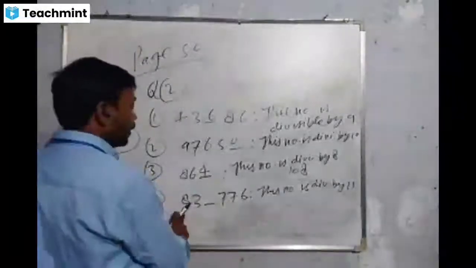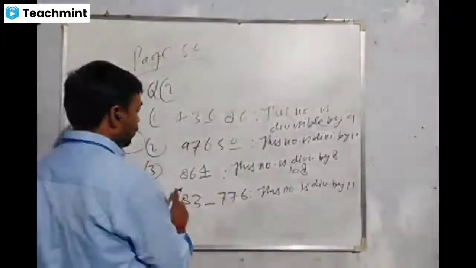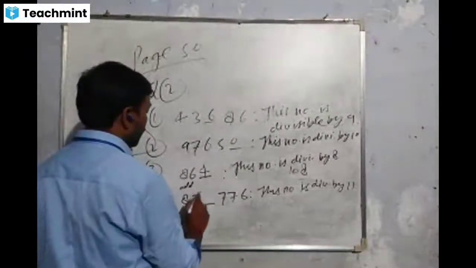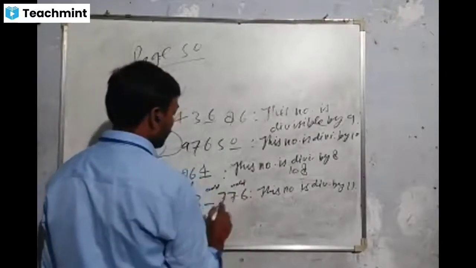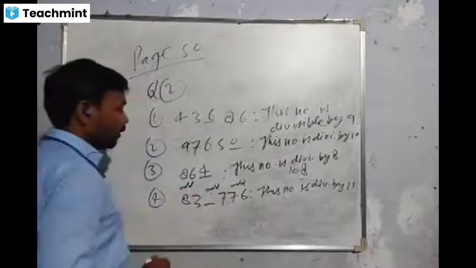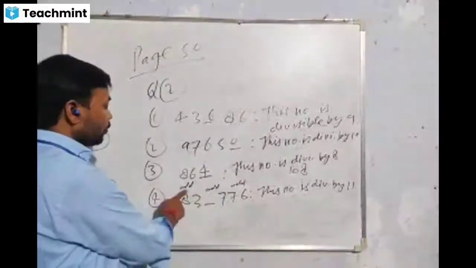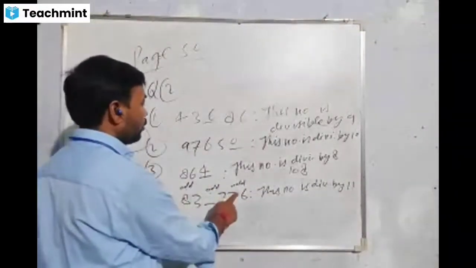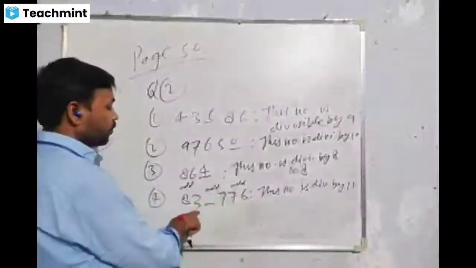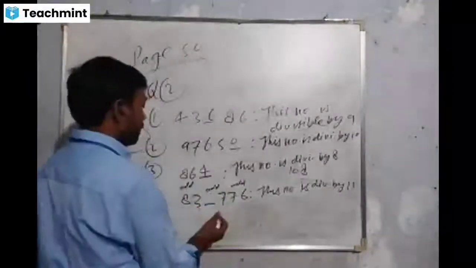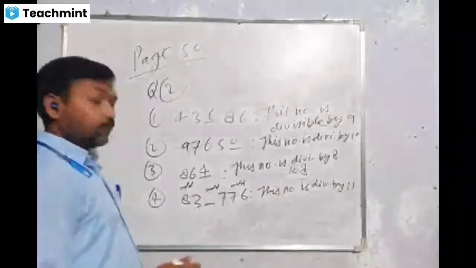So if we add the digits which are at odd places, this is an odd place, this is odd, this is also odd, and this is odd, and the remaining places are even. So if you add here, 8, this 8 and this 7, we have to add. So this becomes 15. And the remaining places' sum, that is the sum of 3, this 7 and this 6, will be 16.